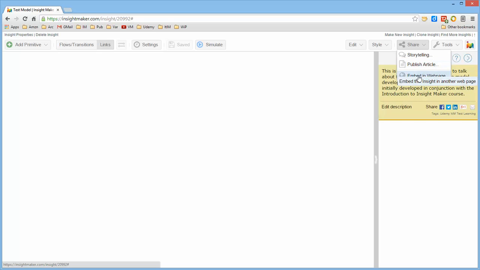And when you develop a model simulation, you can take it and you can embed it in some other environment, in a web page, in a wiki, in a blog post, just so people can access the model without actually having to go to Insight Maker. Tools are just a set of